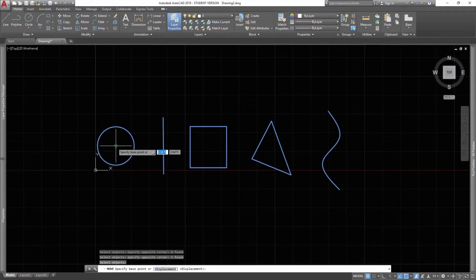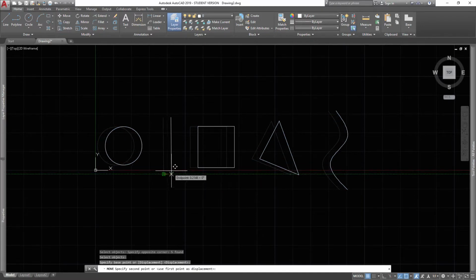Specifying a base point is simply picking a point. A lot of times you'll pick an edge or an endpoint, and say I wanted to move everything from this endpoint to the top. All you would do is specify the base point, and you can see I kind of